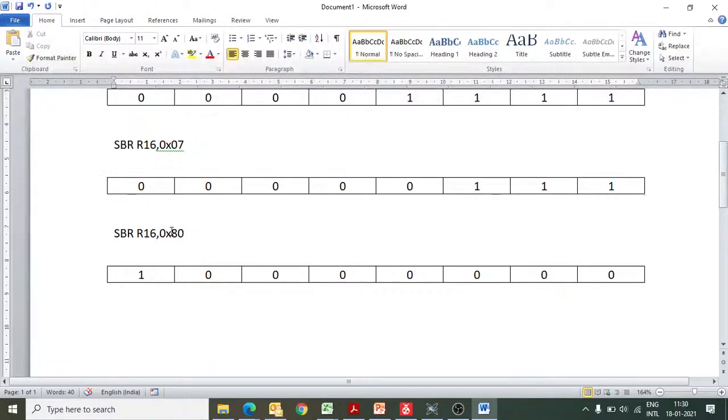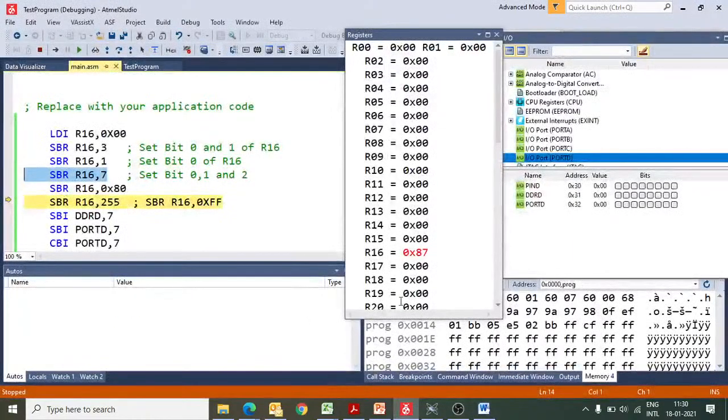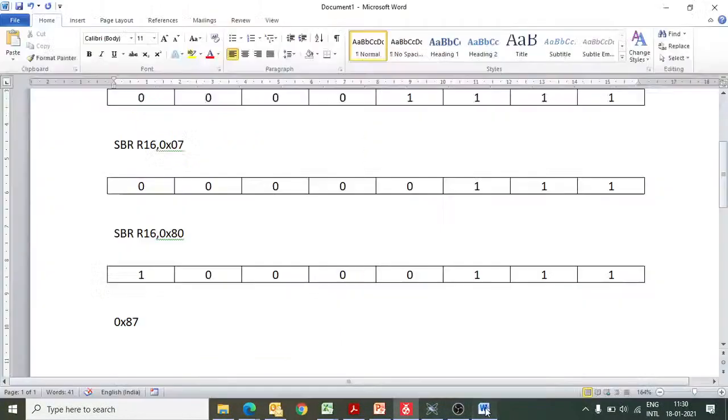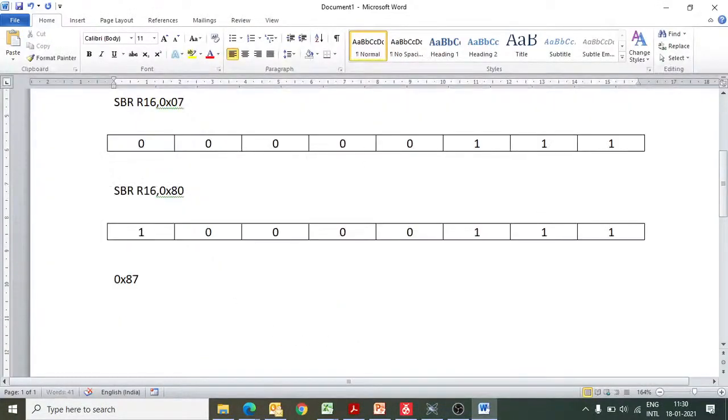It will affect only the first bit, which will become 1, but the previous bits will remain as they are. So because of this the bit combination becomes 0x87, and that is what we are getting here in the simulation.